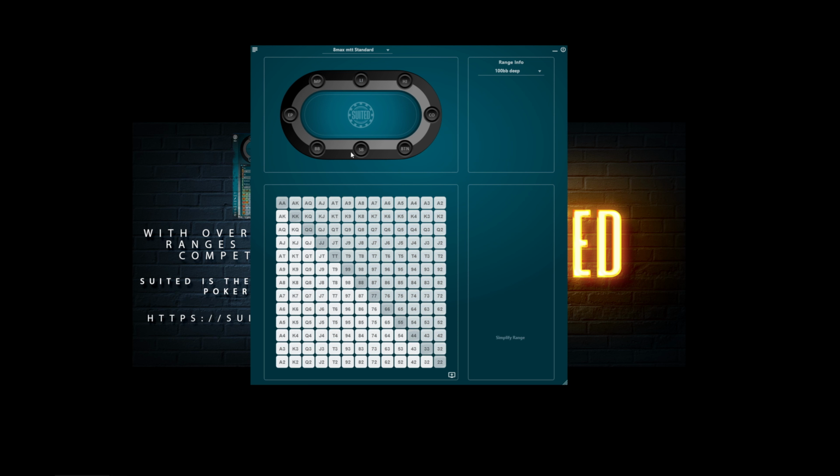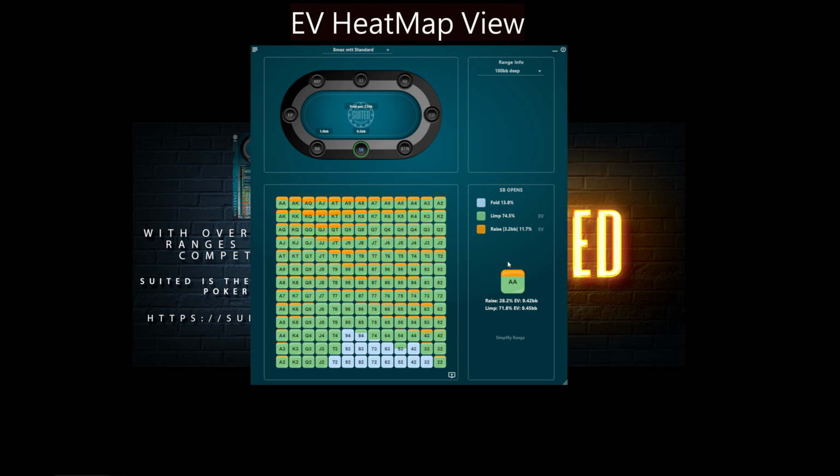Let's remove this, go on the small blind. We can see a heat map of the expected values by clicking on the EV button here. And now we have the limp expected value heat map. We have the exact frequencies under the combo in the right side of the menu. You can change the combos by clicking